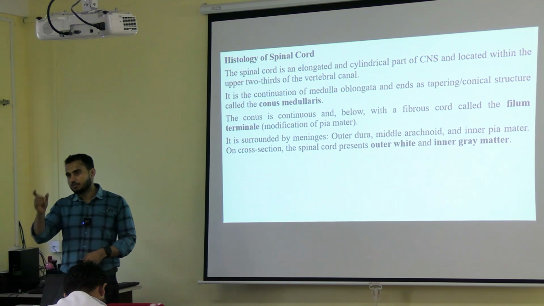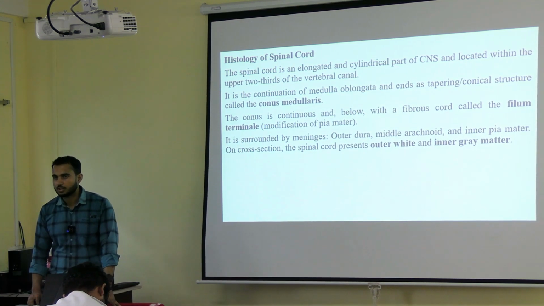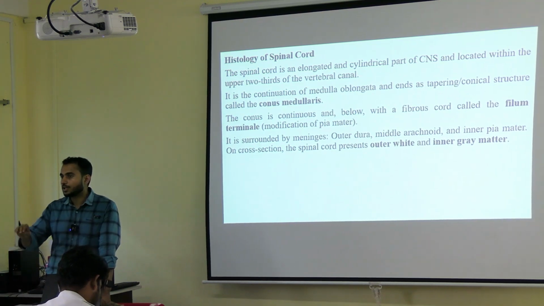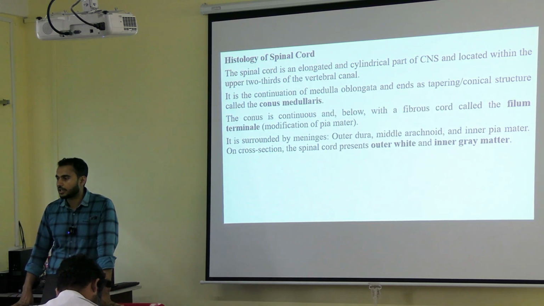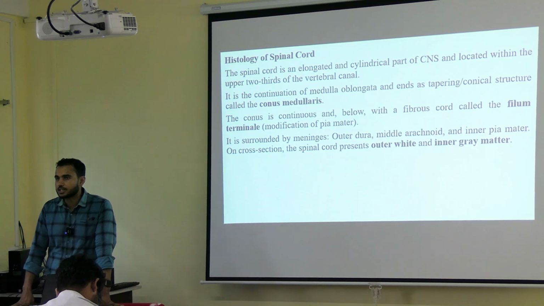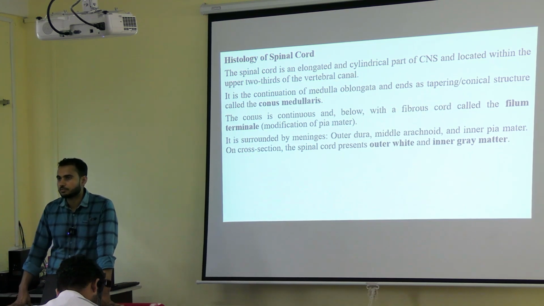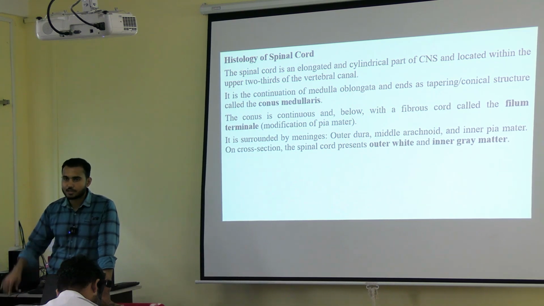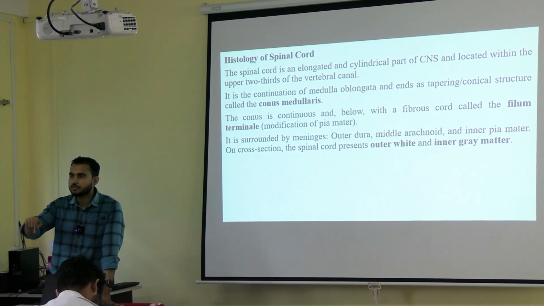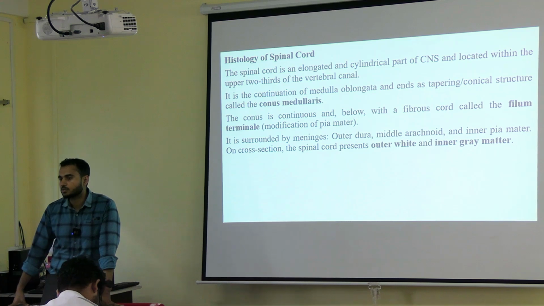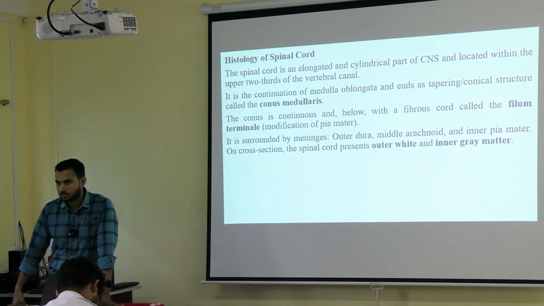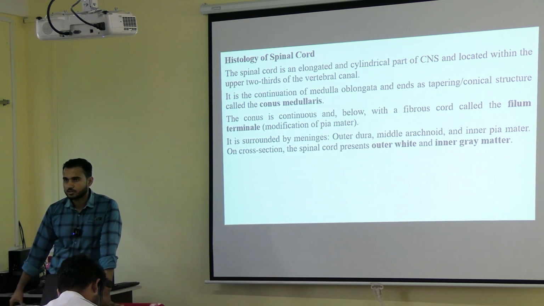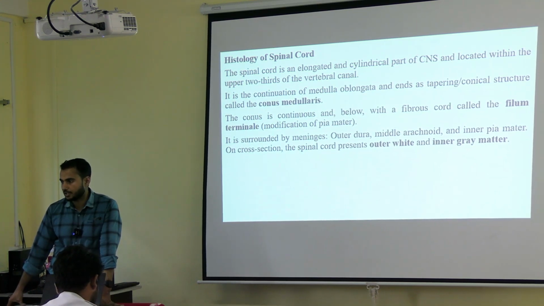It is a downward extension of the medulla oblongata. Okay, from upper border of the first cervical vertebra to lower border of first lumbar vertebra in case of adult. If you see the length, it is approximately 42 to 45 centimeter. The length of the spinal cord, cylindrical shaped. ठीक है, जहाँ पे खत्म होता है, okay, the terminal part is cone shaped. That's why it is called as conus medullaris. From that particular part, a thread-like structure is extending downwards. That is called as filum terminale.